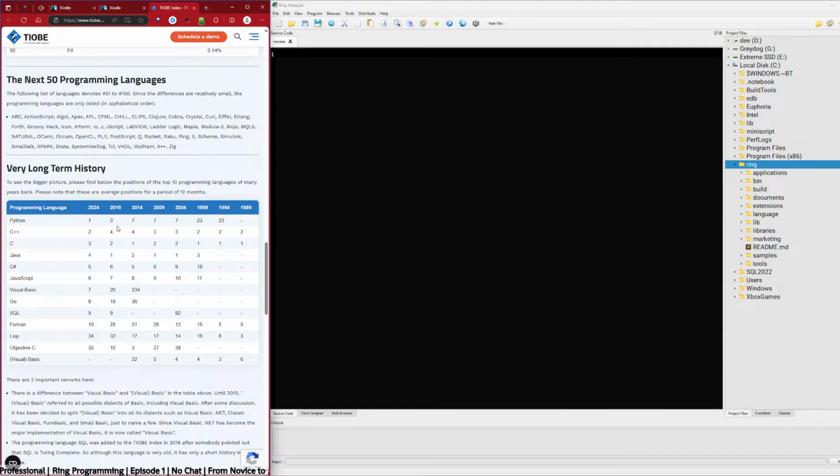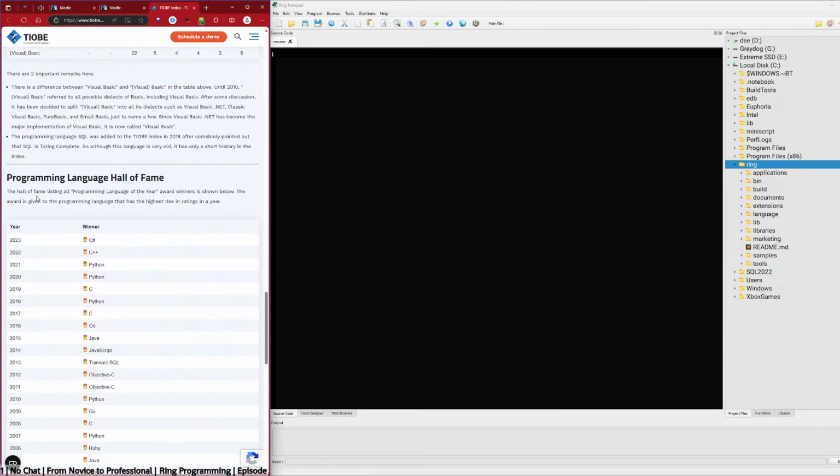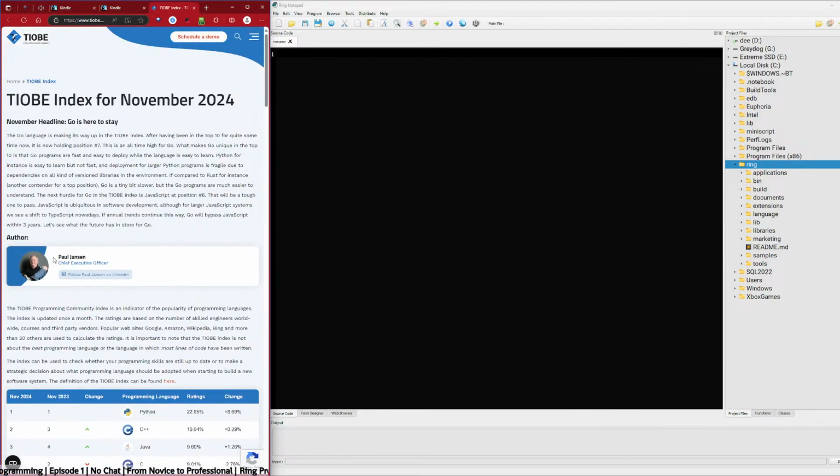And in 2019, this was third. This was number 1. No, whatever. It's fine. Okay, Programming Language Hall of Fame. Well, whatever, dude. This is a waste of time. All right, so